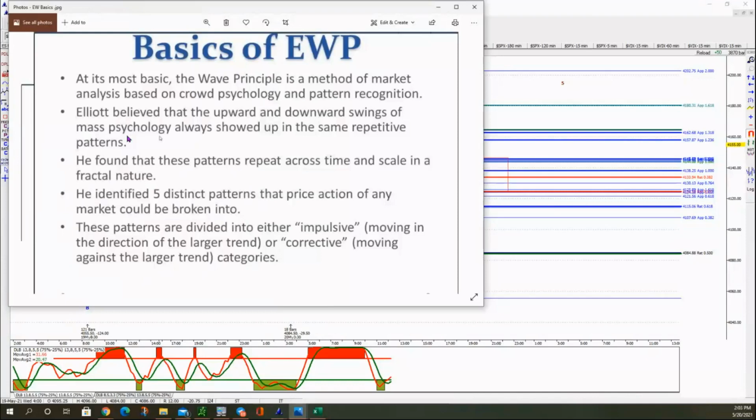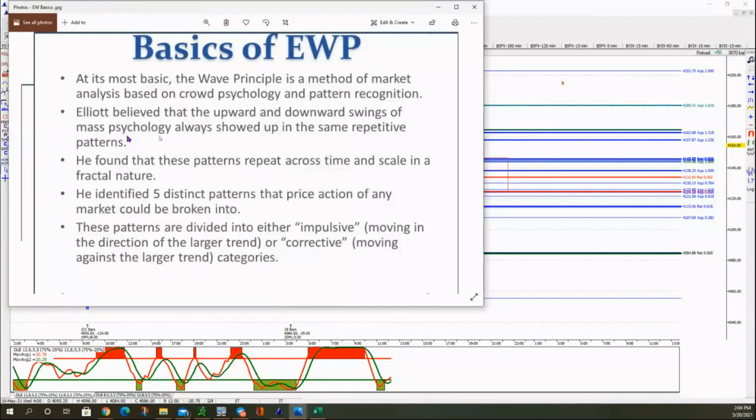And a lot of people don't pay attention to time in Elliott wave, but it's definitely something people should pay attention to. A lot of Elliott wave folks don't teach time. I mean, most don't. I only know one or two that do get into time. And I don't think time is quite as precise as measuring price, but it can sure get you in the ballpark, and I like to look at that too.